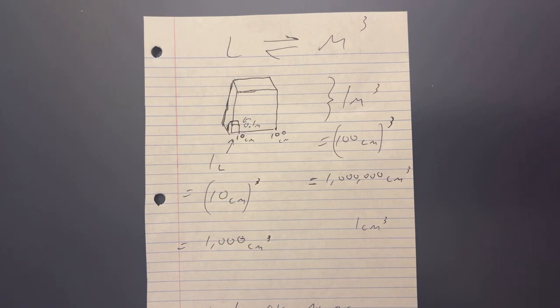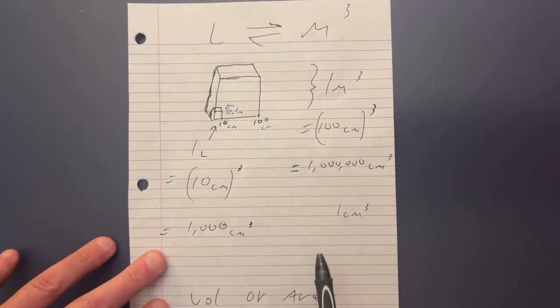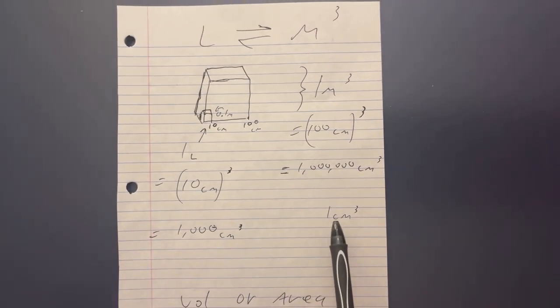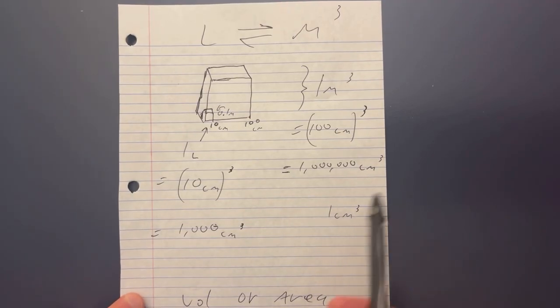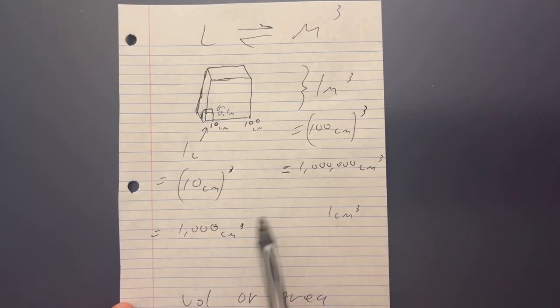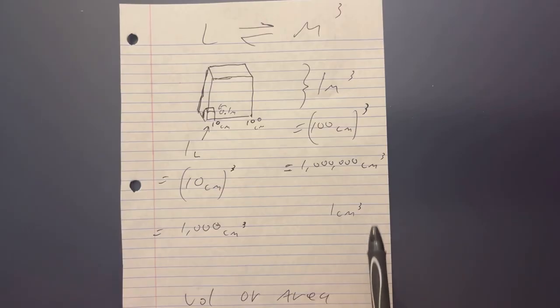Earlier I said that this doesn't work for any units that are greater than 1, but it's actually for any units other than 1. So for example, if we're dealing with 1.5 or 10, or even something less than 1. So if we're dealing with, say, 0.3 centimeters cubed versus 0.3 cubic centimeters, those are 2 different